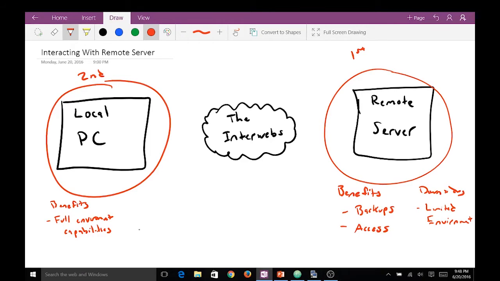So you can do anything you want. You can download as many tools as you want. You can have a very robust development environment with lots of tools and editors and syntax highlighting and linting and any number of things you want to do for writing your code. Any kind of extra tool sets that you want, you can just load them up on your computer and you're ready to go. The downfalls or the downsides